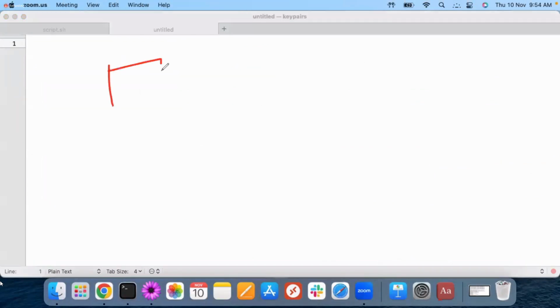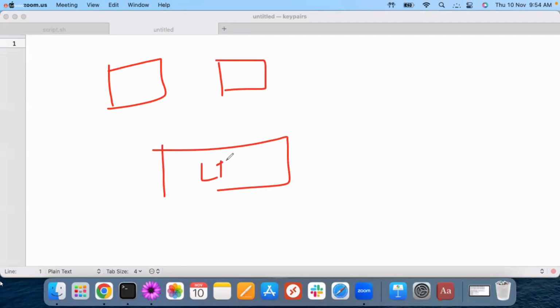So the earlier diagram, what is that? This is an instance, this is another instance, and I have added a load balancer, and these are added here, and as an end customer, we are accessing it. This is the existing one. But now,